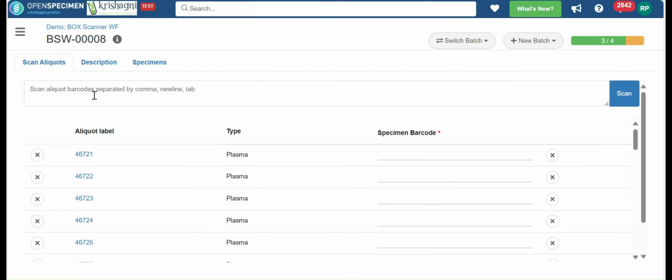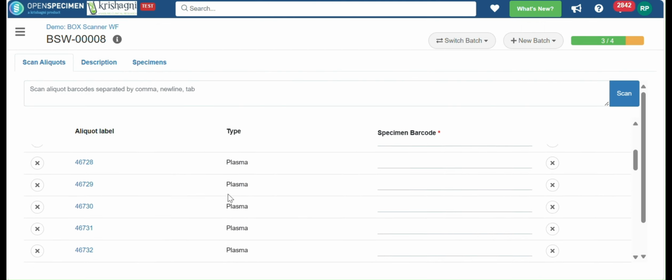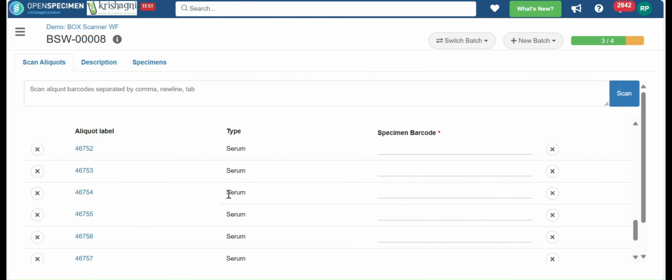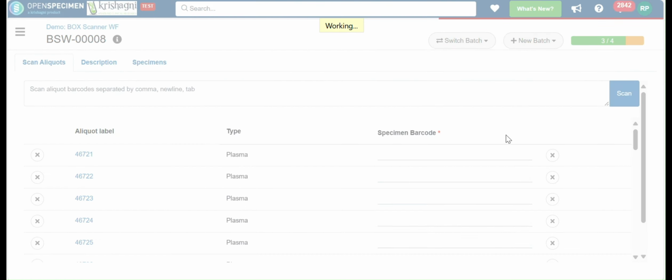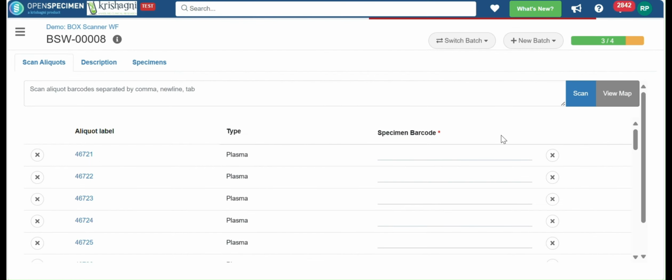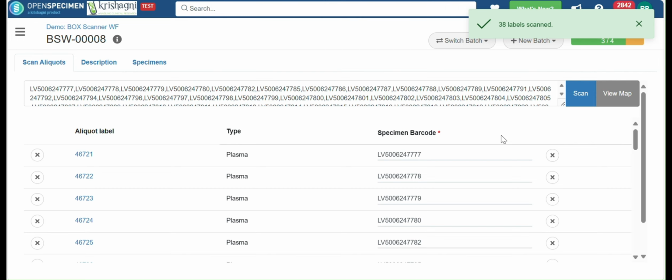Now OpenSpecimen gives you a scan aliquots task where all the aliquots that you created, for example, some plasmas, some PBMCs, and some serums, all of them appear within this task. You can simply scan the box. You need to place the physical box on the box scanner and hit the scan button. Whatever QR codes are present at the bottom of the tubes will be scanned and sequentially assigned